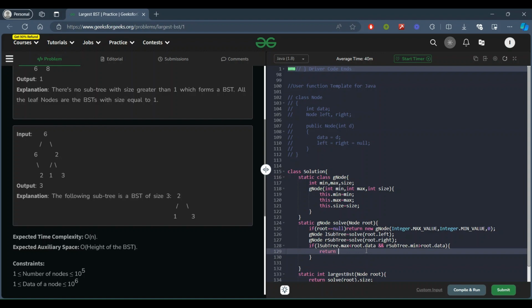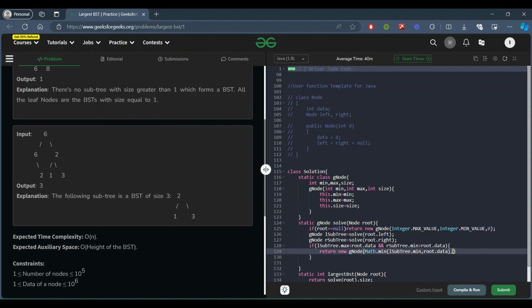So here we will return new G node, and that will take math dot min of L subtree dot min, comma, root dot data. I will come here why we are taking min of left subtree dot min.